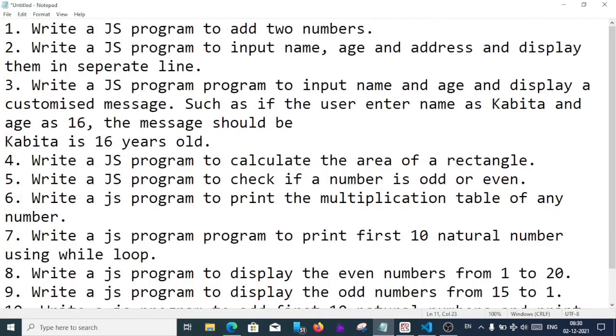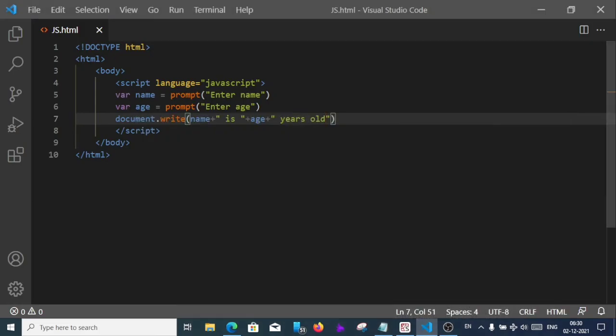Write a JavaScript program to calculate the area of a rectangle. The area of a rectangle needs length and breadth. So we'll take the length and breadth from the user and display the area.